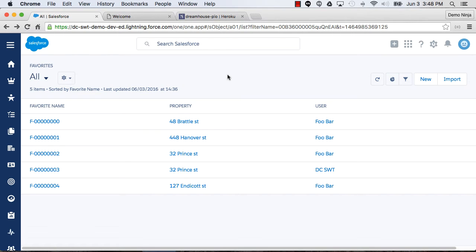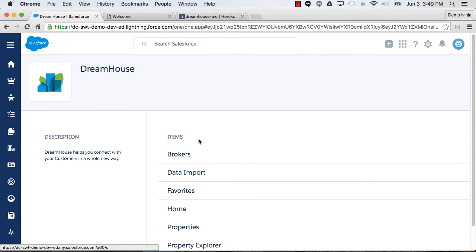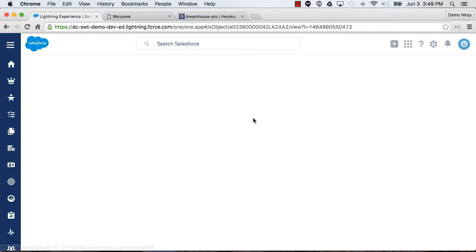This is a demonstration of integrating PredictionIO, an open source machine learning framework, with the DreamHouse App Cloud sample application. Here I am in Salesforce and I've installed the DreamHouse package, and so we can go check out what's in here. We can launch the DreamHouse app and see that there's properties,